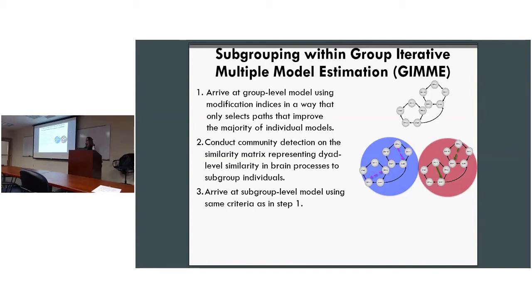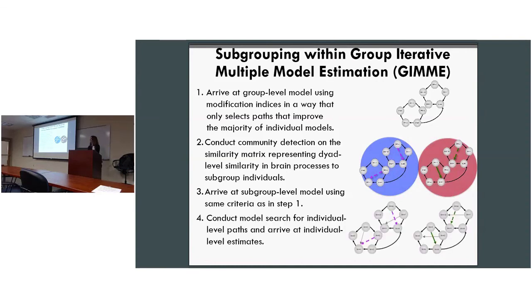Right? Because if you imagine that you have 200 individuals and then you subgroup them into 50, having any information on those 50 would help improve those maps for all of the 50 people in that subgroup, right? Because again, as shown before, when we did individual level maps, we didn't recover directionality any better than chance. We had to have some sort of group level prior. So having some subgroup level prior might further refine our search for the individual level. And we get subgroups, which we can then look at.